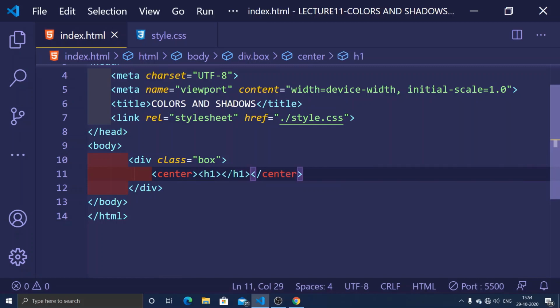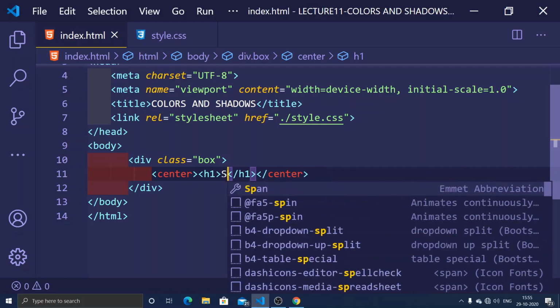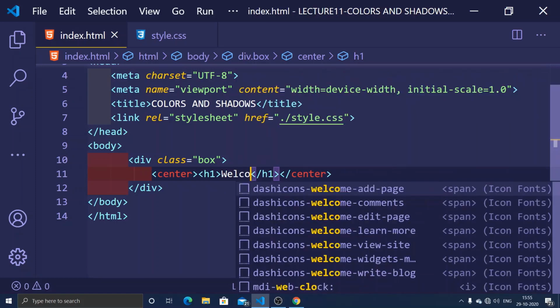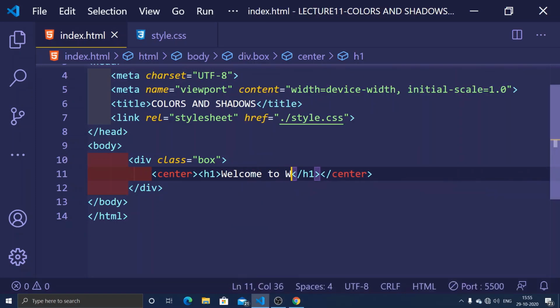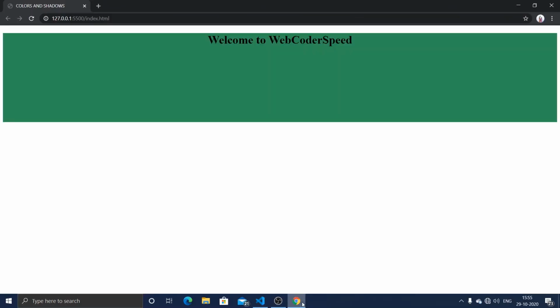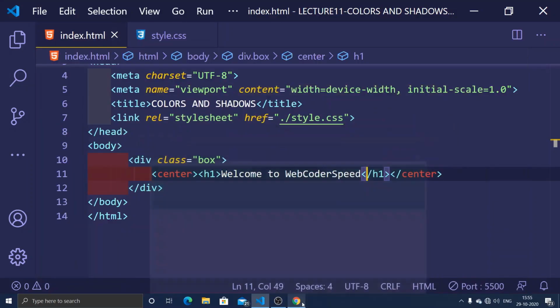This is used for centering any tag, any text or any part of your body. You can center anything by writing it inside of this center tag. And I can write welcome to web coder speed. Okay, let me show it to you. You can see it now, it is in center.